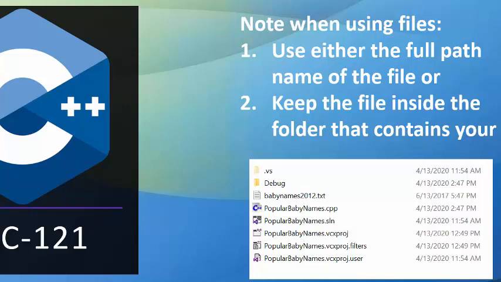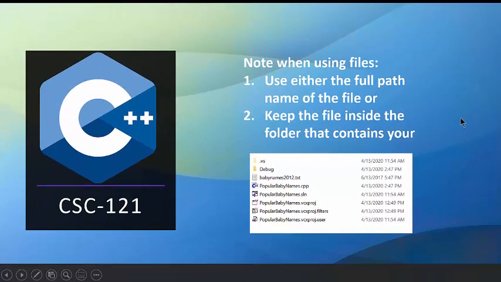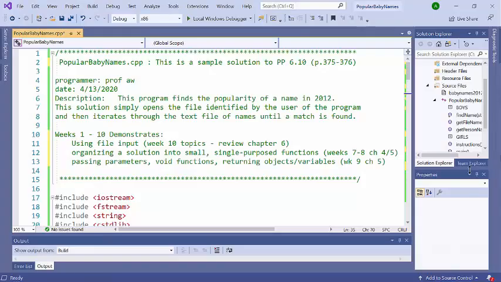This semester we are strictly using text files. So I recommend that you use the extension .txt for these types of files so that it's easy to open, read, look at, and or make modifications in a simple program such as Notepad or WordPad. Okay, let's get started looking at the code. Here is the program,